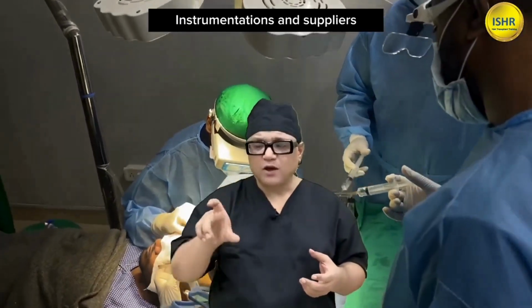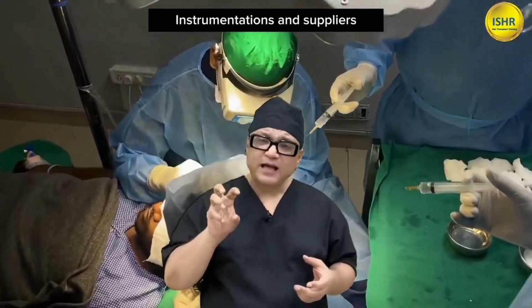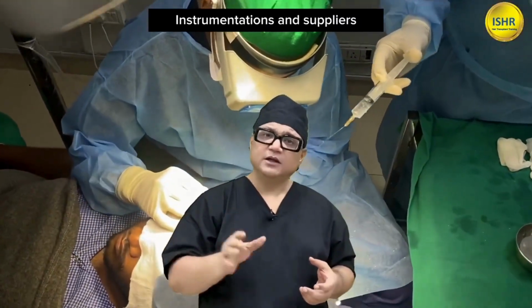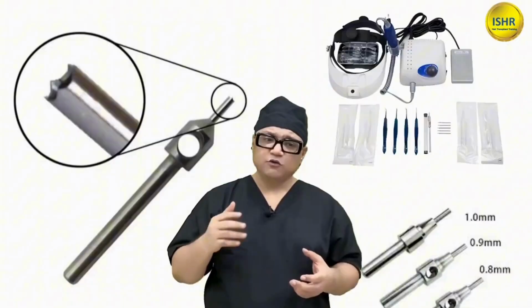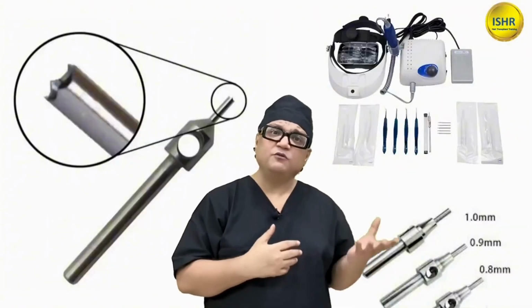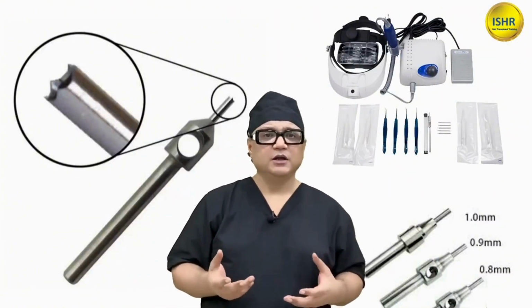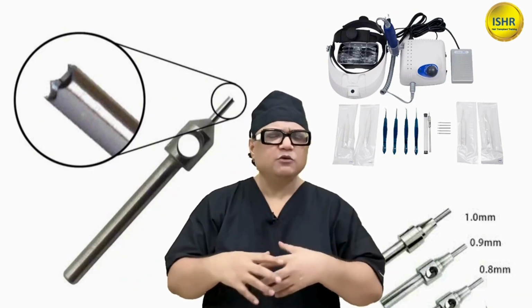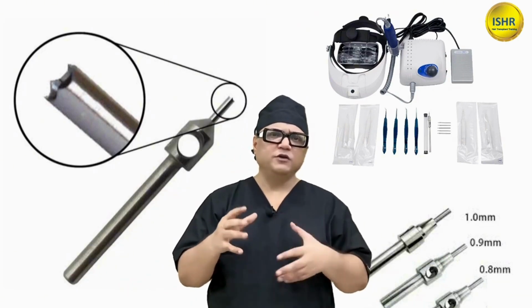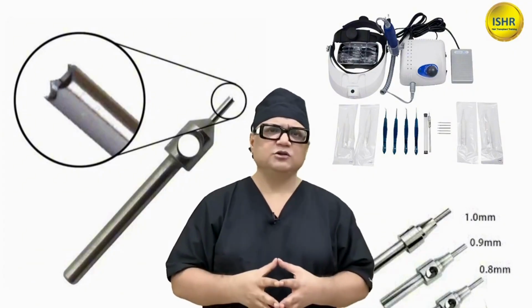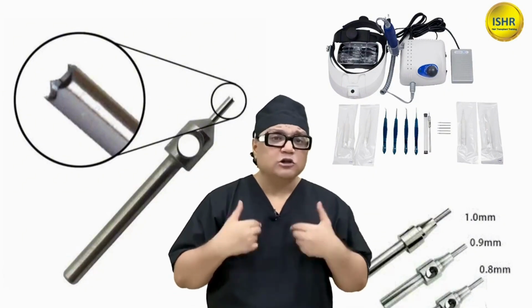Different micromotor machines, the 360 degree rotation machine, the 180 degree oscillation machine, the manual extraction method, and so on. Because for Afro hair, the machine would be different, the punches may be different. For long hair transplant, the punches may be different. So there would be different equipment for different ethnicity, which we are going to discuss once you come for the hair transplant workshop. We are also going to discuss how to reduce post-FUE micro scarring or white dots. We use biotech products to reduce it.